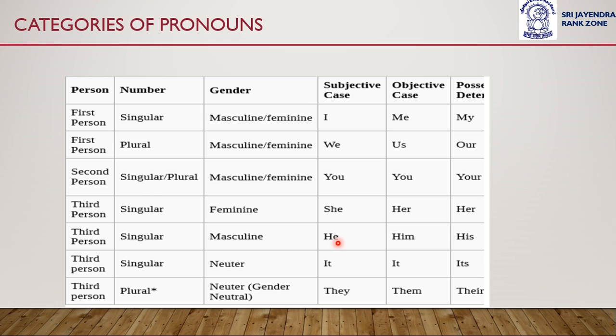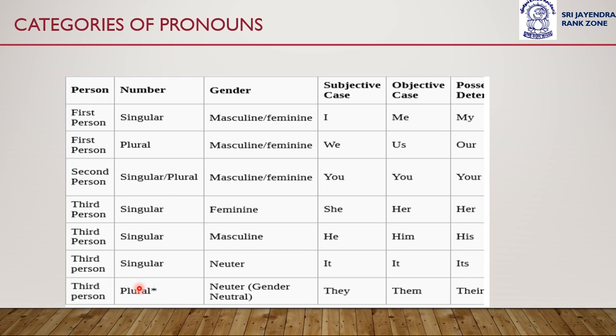Okay, for a third person singular neutral gender, it will be used in the subjective case as well as the objective case. For the possessive case, its will be used. For third person plural, they, them, and their will be used based upon the case. Okay, I hope you have understood personal pronouns